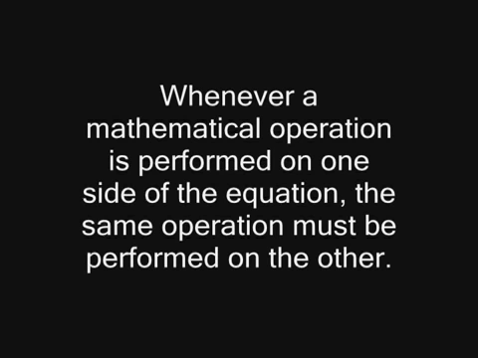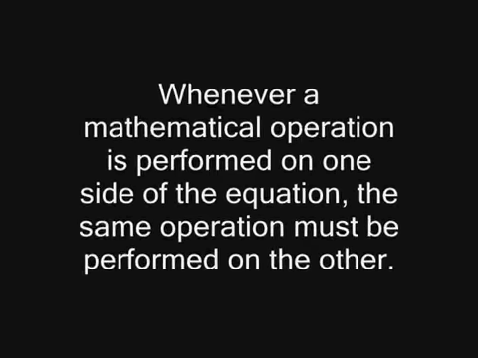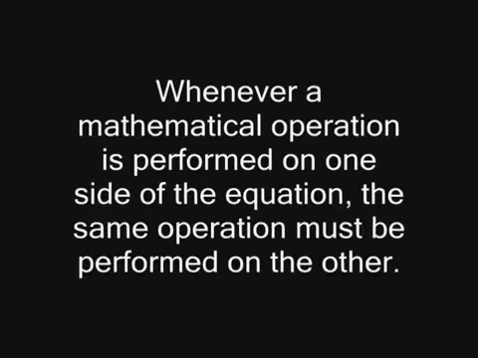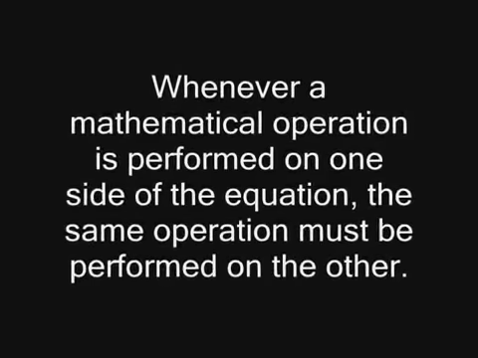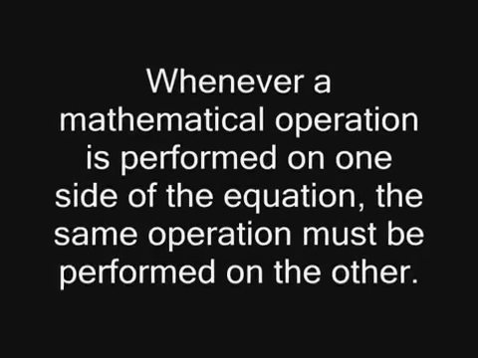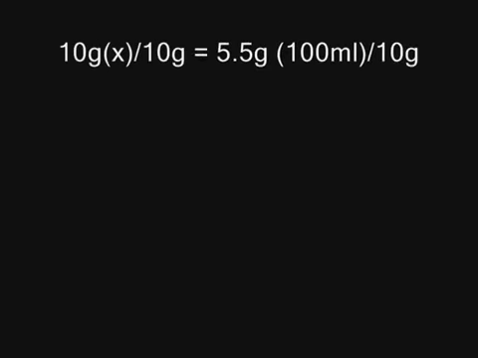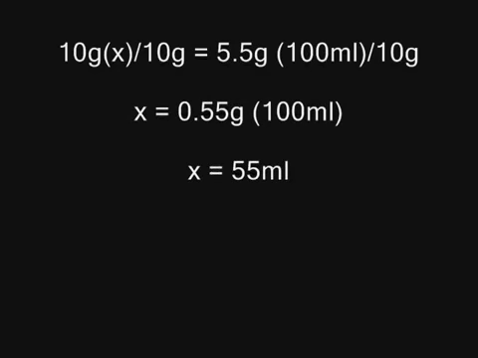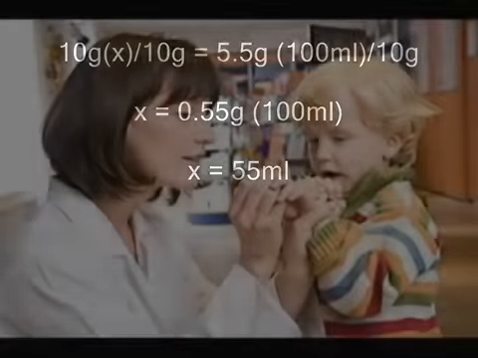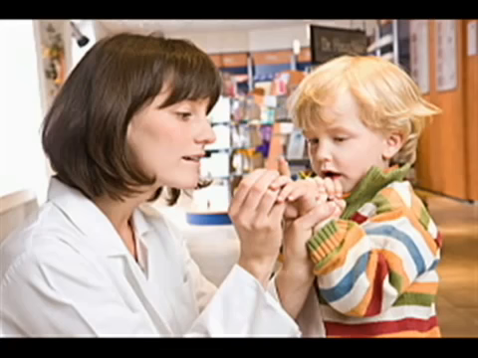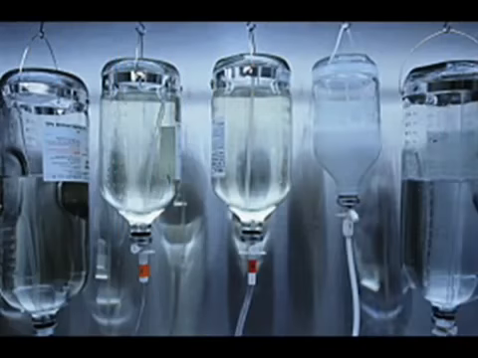Remember, when solving an algebraic equation, whenever a mathematical operation is performed on one side of the equation, the same operation must be performed on the other. Our goal is to isolate the unknown, X, so we will divide both sides of the equation by 10 grams. X equals 0.55 times 100 milliliters. X equals 55 milliliters. Sadly, the little boy in the real case received 600 milliliters of arginine, or 2 large IV bottles,